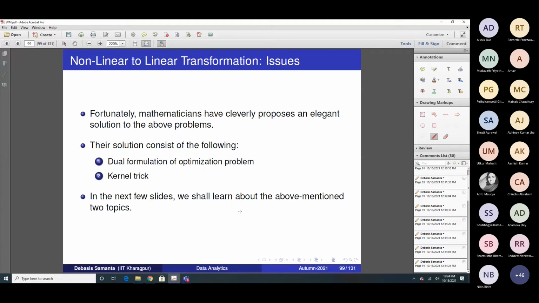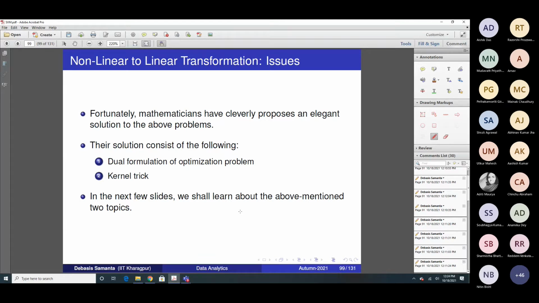Now probably you can recall I once told you about the primal representation and dual representation. An objective function, say y equals f(x), has a dual representation. Dual representation means y' equals f'(x). How is f'(x) related to f(x)? So if f'(x) equals 1 by f(x), or if f'(x) equals minus f(x), then one is the dual form of the other, right?